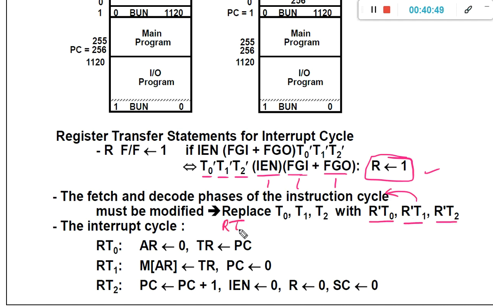Similarly, RT0, RT1, RT2 represent the interrupt cycle. And we have seen the particular interrupt cycle commands to be executed during RT0, RT1 as well as RT2. This is how we perform interrupt driven IO.